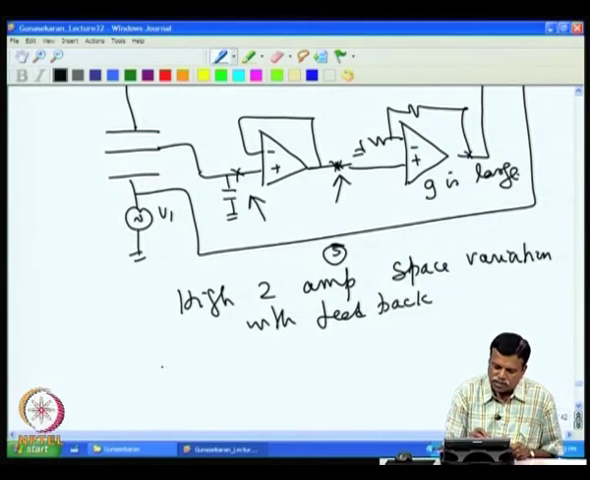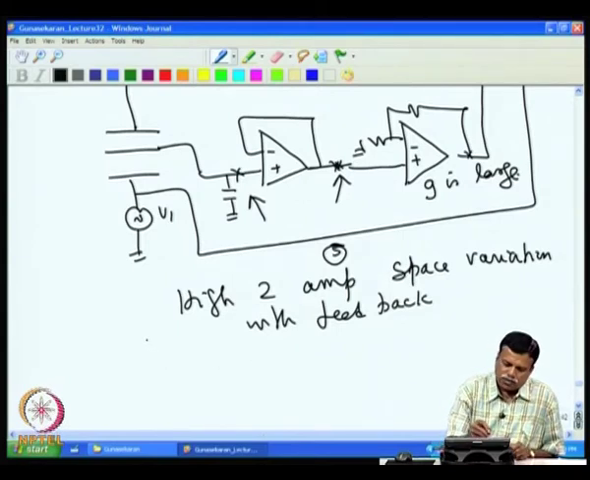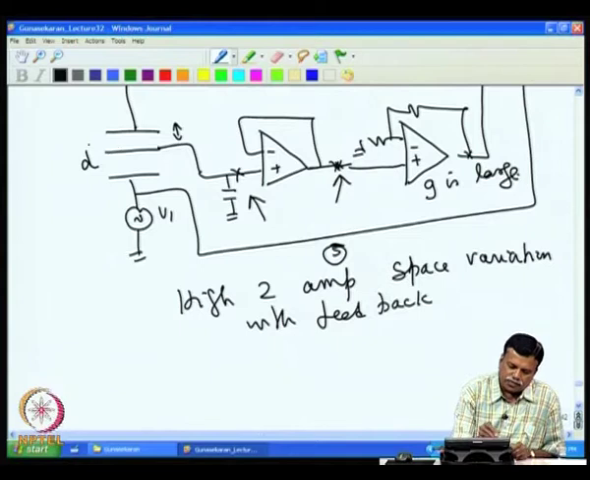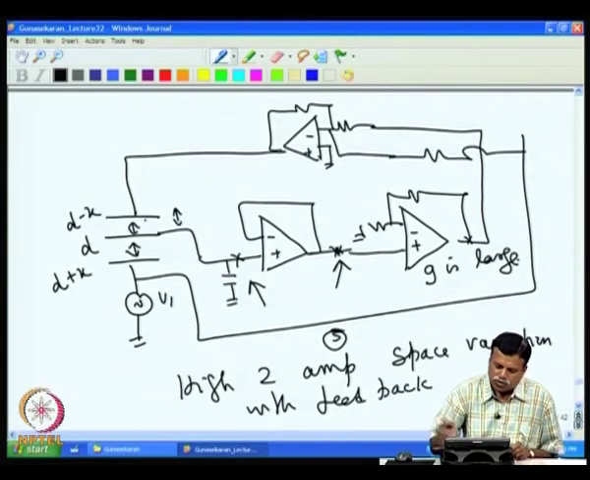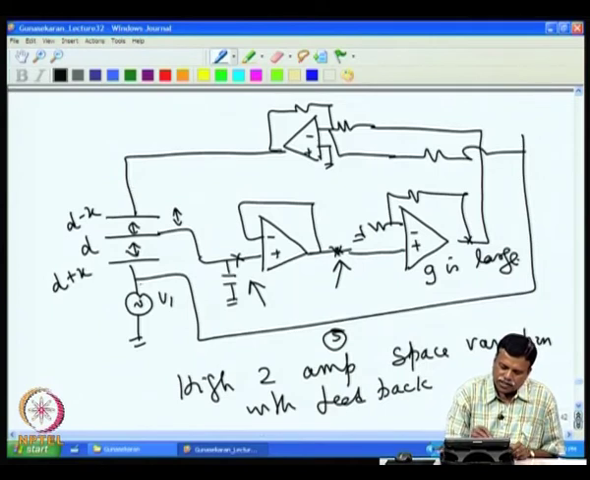So, for space variation, if we take d and the plate moves, then one side becomes d minus x and the plate comes down, this distance becomes d plus x. So, this distance and this distance vary in the case of space variation. And the current, since these two voltages are 180 degrees out of phase, at 0, assuming that V input is 0,